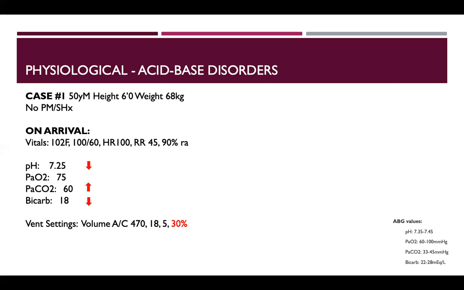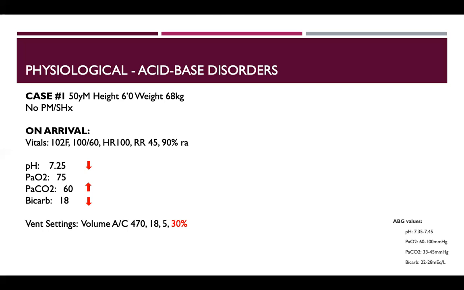So let's say we put him on a ventilator. He's volume AC, tidal volume 470 based on his predicted body weight, respiratory rate of 18, PEEP of 5, and FiO2 of 30%. The reason I have FiO2 of 30% here in red is just a reminder for me that when you set an FiO2, you usually start the patient off on 100% FiO2, get all the oxygen in, but that's actually not good for prolonged periods of time due